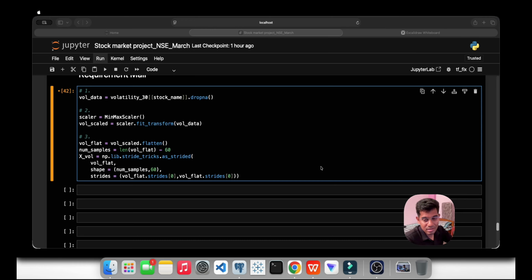What they have actually asked for in data reshaping is to format sequences into 3D arrays, like samples by time steps by features, which makes them suitable for deep learning. Let me just copy it here and paste it.